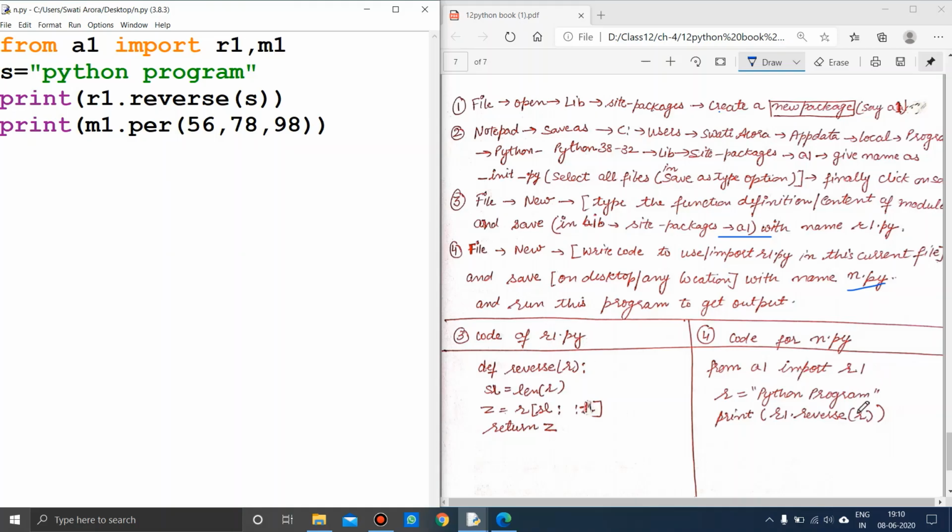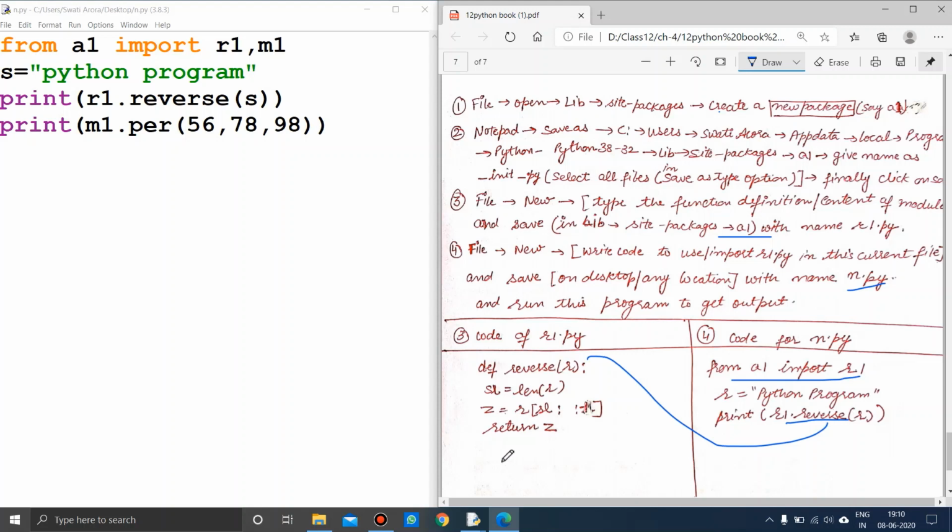This is the function call, reverse. When this function call comes, it will take it here only. Okay, so now they are stored separately, but we have linked them with the help of this import statement. Okay, from A1 import R1. So this way R1.reverse is getting linked.